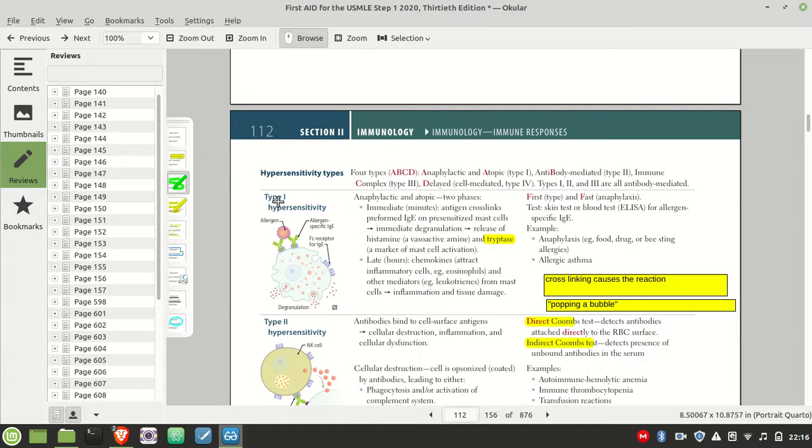Okay. Type 1 hypersensitivity, you want to think about it as popping a bubble, okay? So you have all these mast cells, and remember, it's pre-sensitized. So it's already seen it before, it's pre-programmed. Okay. So anyway, you have a cross-linking, and they love asking that. What's actually causing this? Well, when this touches this,